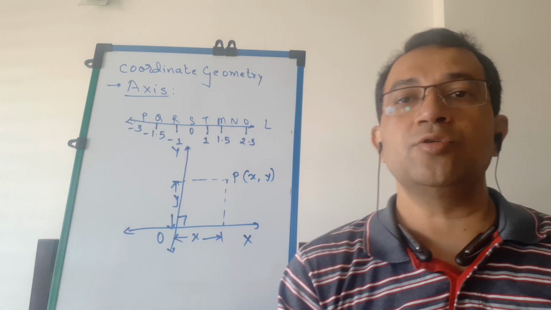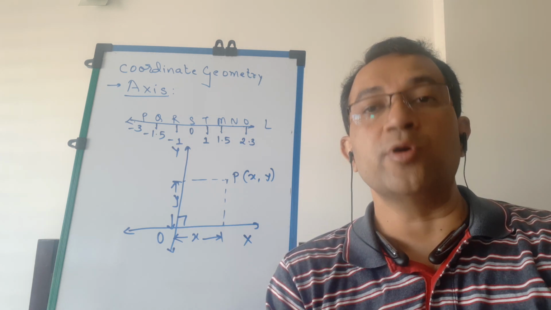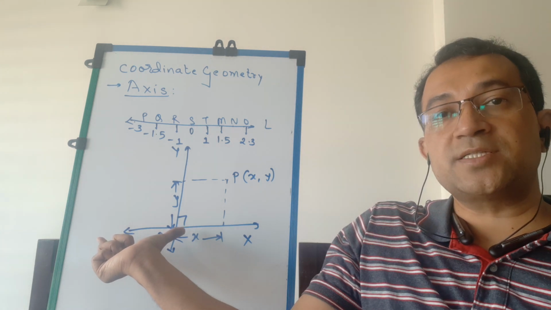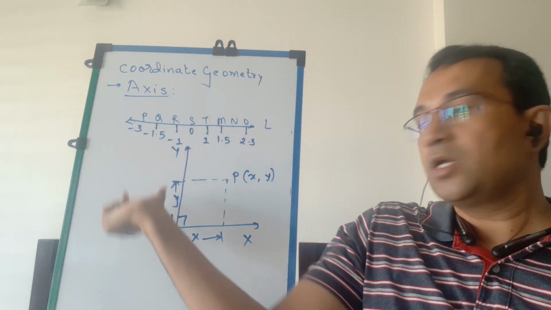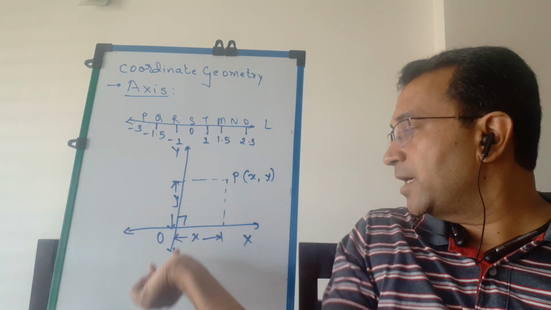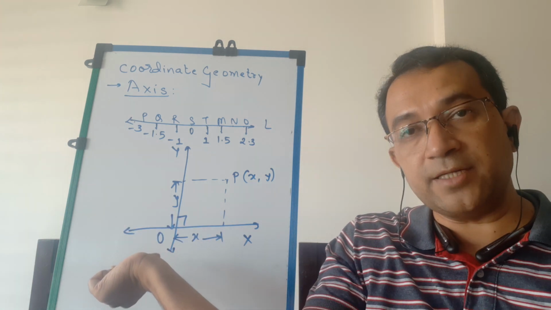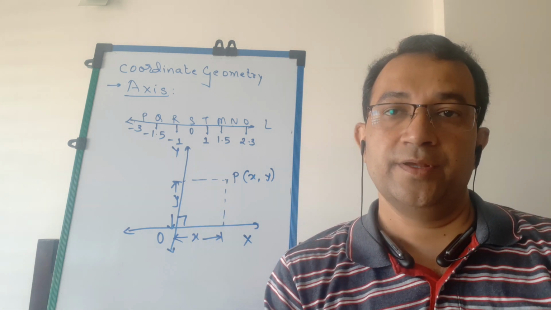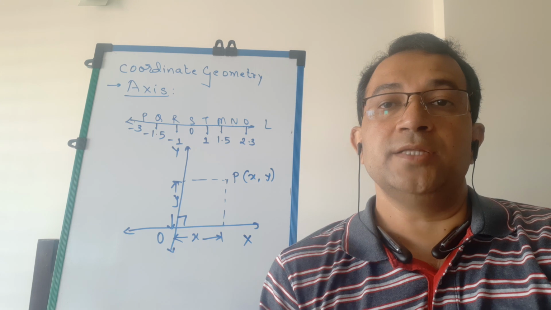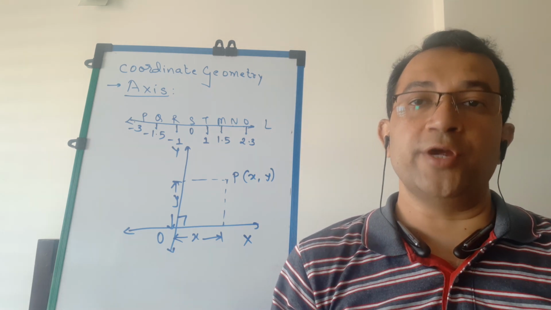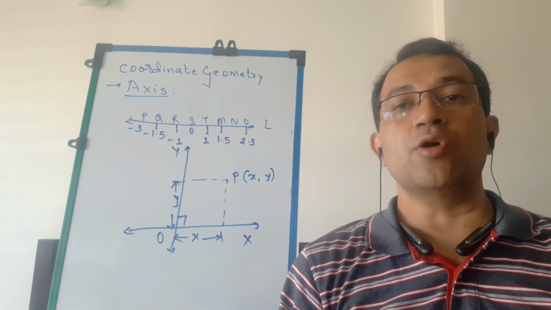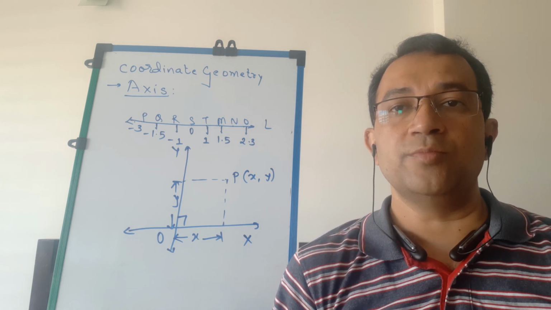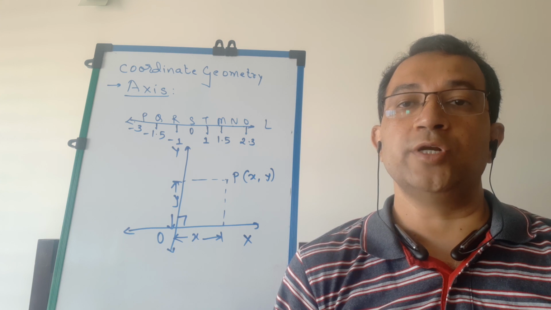In the first quadrant, you know the values of x and y are both positive. In the second quadrant, this is the negative side of the x-axis, so x is negative and y is positive. In the third quadrant, negative x and negative y, so both coordinates are negative. And in the fourth quadrant, x is positive and y is negative. So in this way, we can determine the numerical signs, students, of the points in the respective quadrants. So quadrants are nothing but disjoint sets which are formed by the rectangular coordinate system.